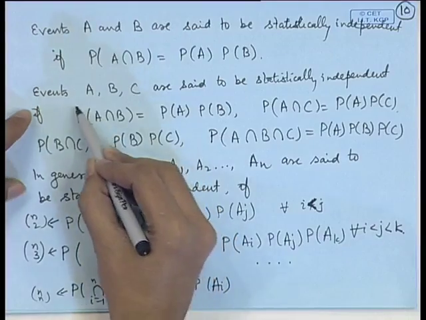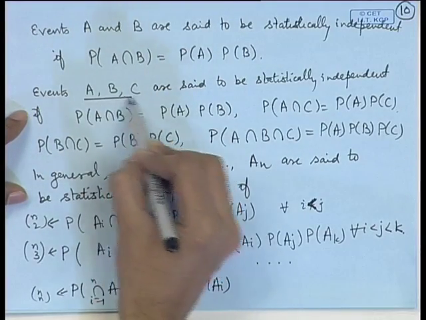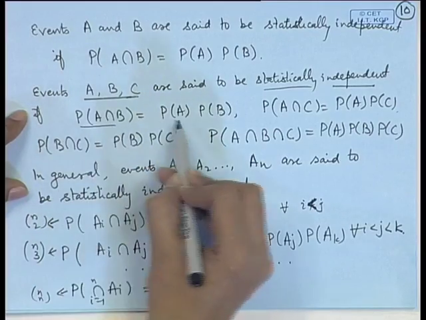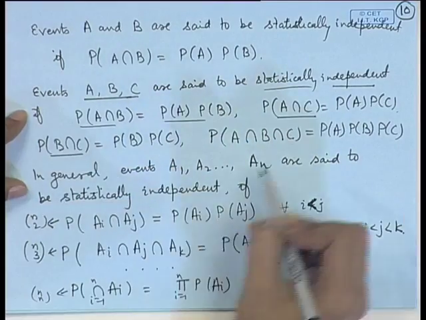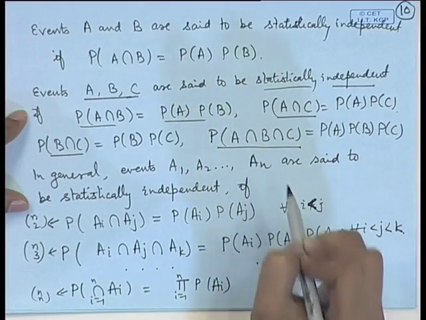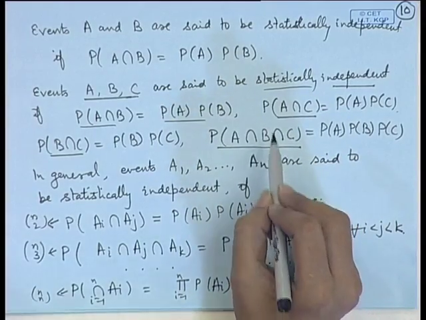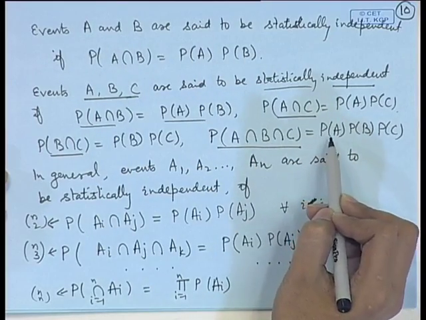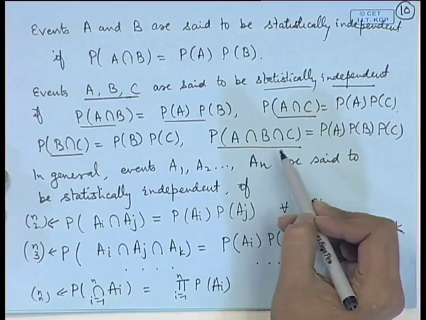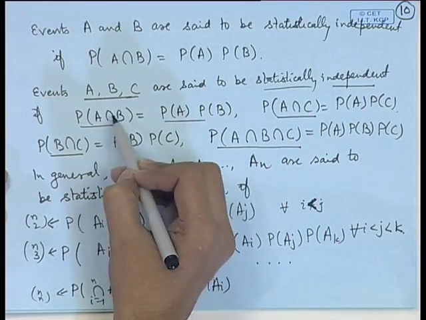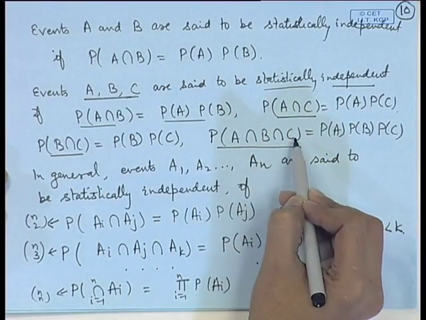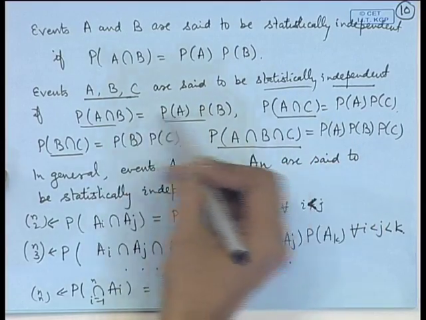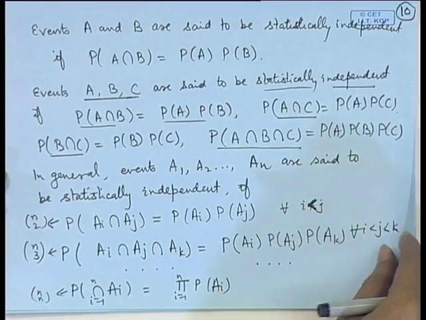For example, if I take the case k is equal to 3, then for 3 events the statistical independence is defined in terms of pairwise independence conditions. There are 3 conditions and one in which all the 3 are taken. Now, one may say that if the pairwise independence conditions are satisfied, then the last one is automatically satisfied. Actually, it is not true. The satisfying of the first 3 does not imply the satisfaction of the fourth one or vice versa. This may be satisfied, but one of these may not be satisfied. Let me give examples of this.